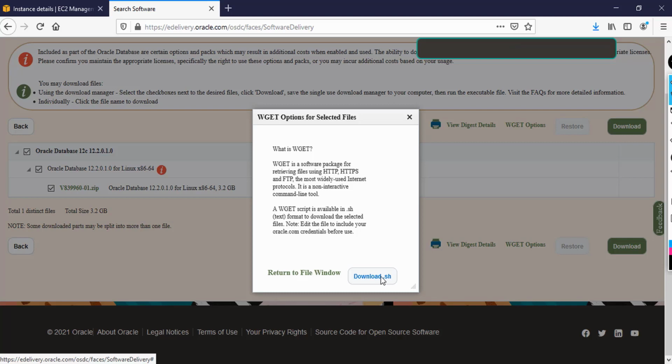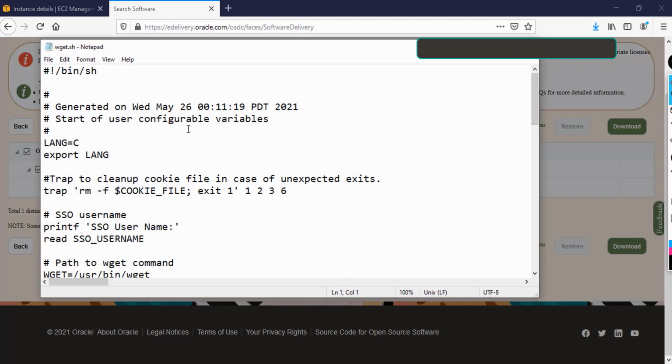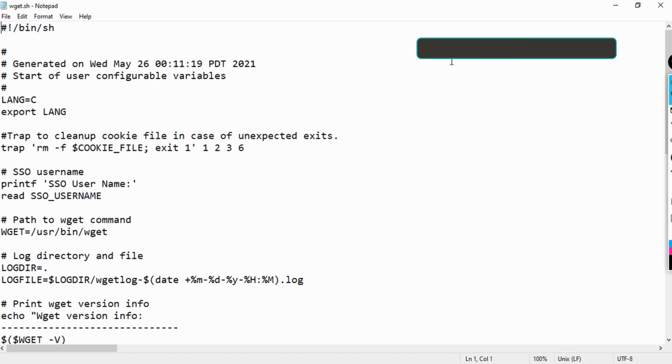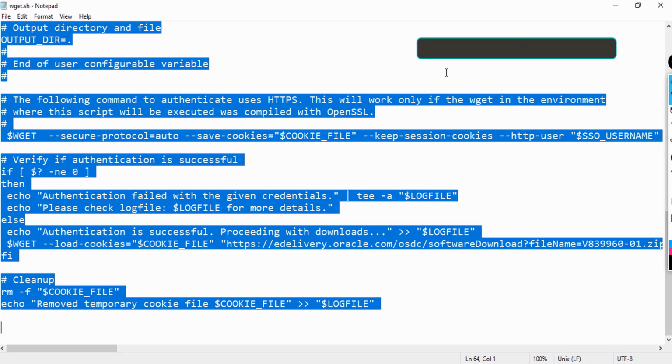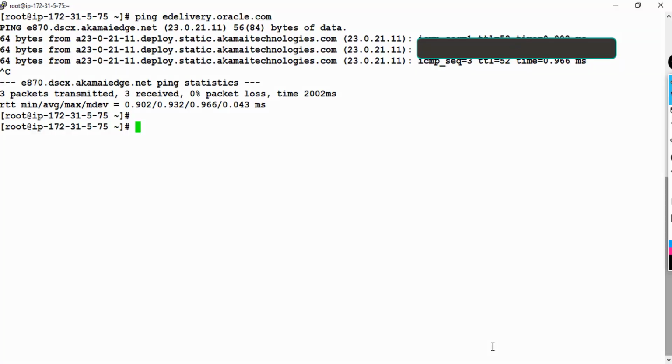So just click on download. It will download on your computer. If you want to, you can just open it with Notepad. Once it's opened, you can copy this entire thing and open a file on your EC2 instance. So in this EC2 instance, what I'll do is that